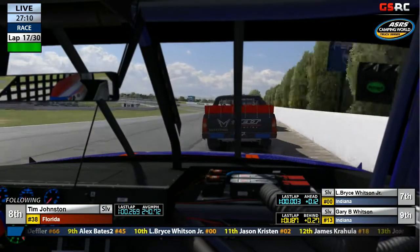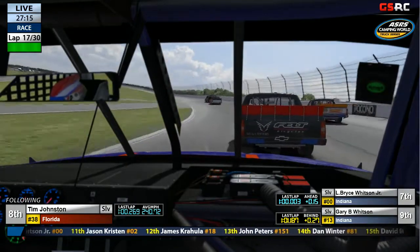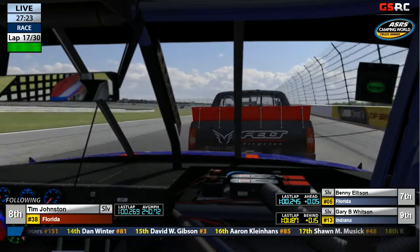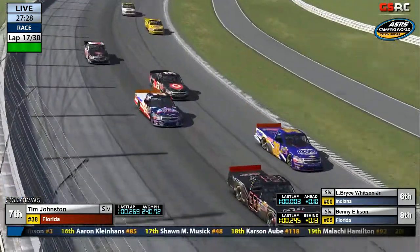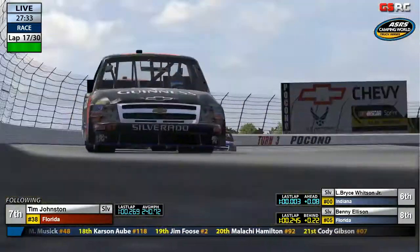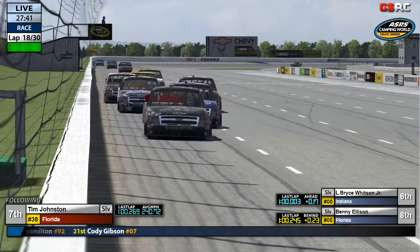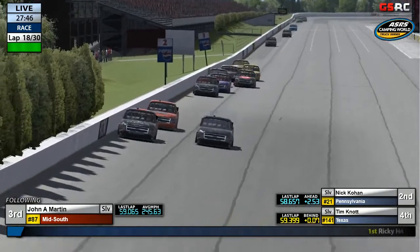It looks like these drivers are finally starting to run single file and realise, hey, maybe we were being a bit crazy there. They're single file now, although I see Benny Ellison just overshot the turn, and he's about to lose 2 spots to Bryce Whitson and Tim Johnston. And John Martin making some moves there on the inside, coming through turn 3, hopefully trying to get Tim Knott. Now he goes to the preferred line. Tim Knott had a bad exit there in the 141 truck. So John Martin able to get by him, but it's not over yet, as Tim Knott now has the inside